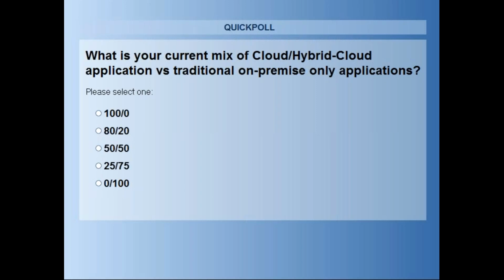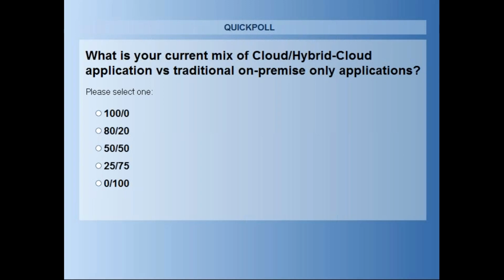So this polling question is, what is your current mix of cloud or hybrid cloud applications versus traditional on-premise only applications? And this will be interesting. We gave you some ranges here, and everybody may not fit exactly into it. But is 100% of your stuff cloud or hybrid with 0 on-prem? So the first number represents cloud hybrid. The second number represents on-prem. And again, it may not be exact, but it'll give us an idea. If we can close voting off in about 5, 4,